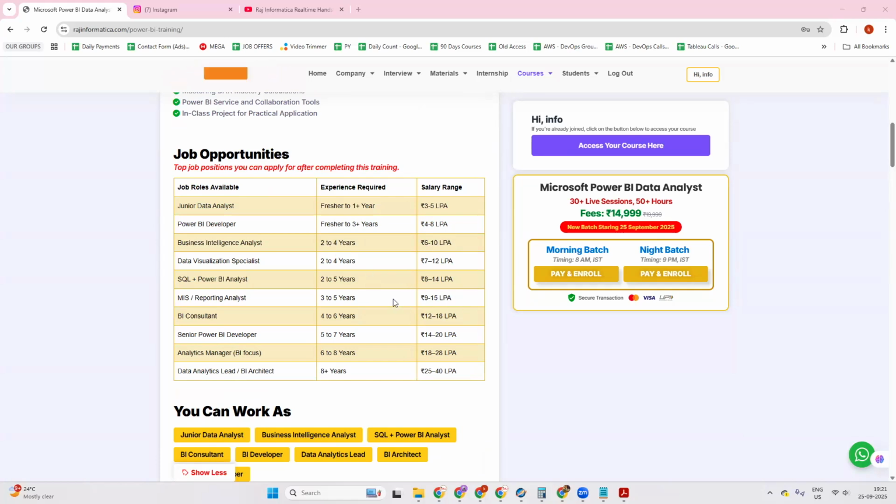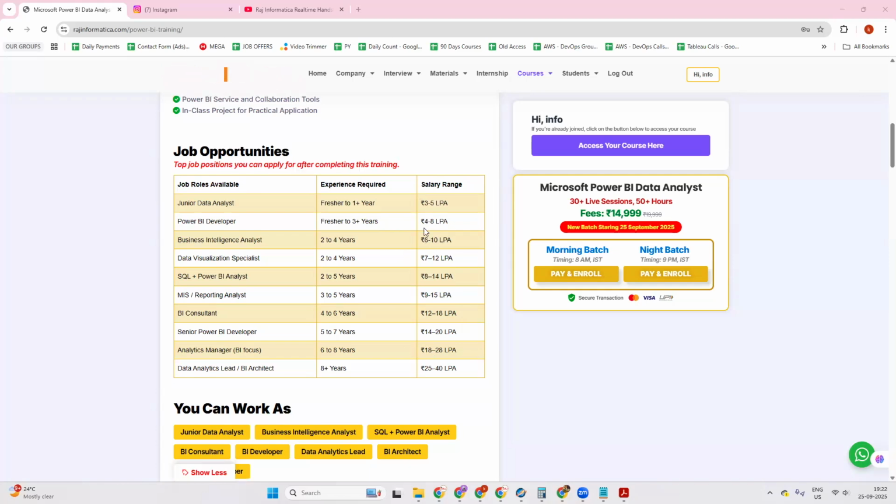Even I have a few students who took this program previously. Before that they were carrying more than 4 to 5 years of experience, but still getting only 6 to 7 LPA. After taking this course and giving the interviews, they came to 12 plus LPA from 6. So these are just average packages that we mentioned here. As per our statistics, for whoever was placed earlier, this is the average package.